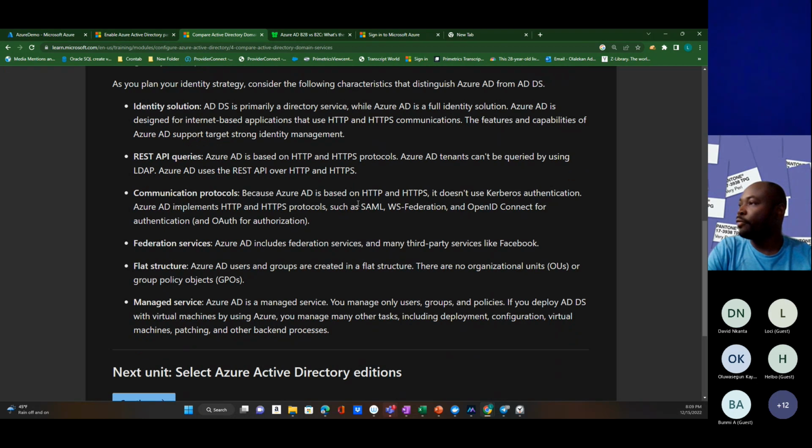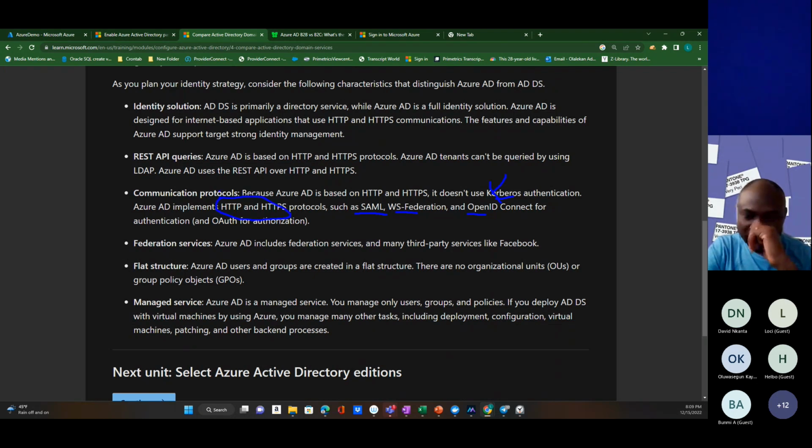For authentication, no more Kerberos. Kerberos and NTLM are phased out. We don't need them anymore. What are we using in Azure? SAML, Windows Service Federation, OpenID Connect. Over the browser,